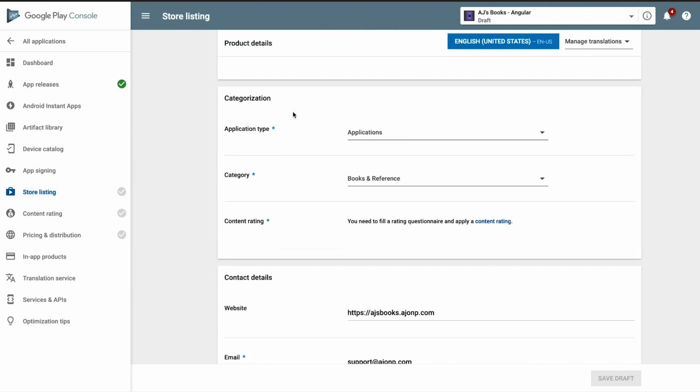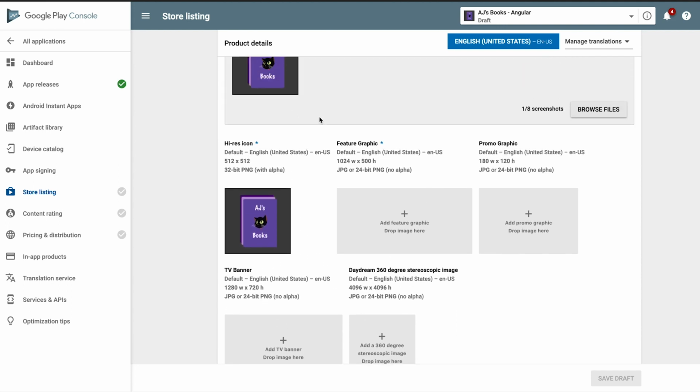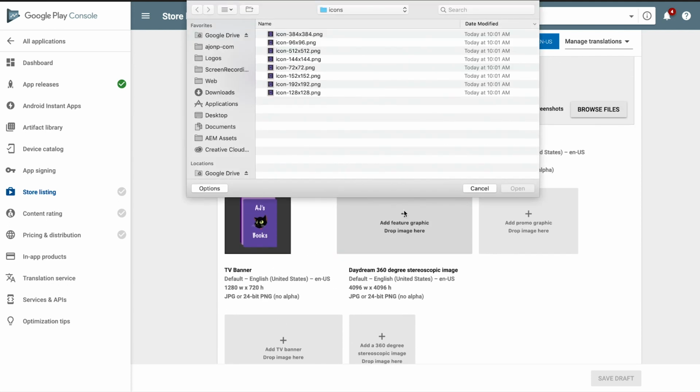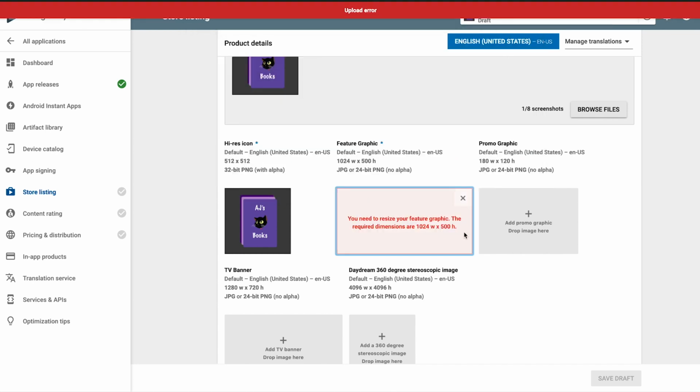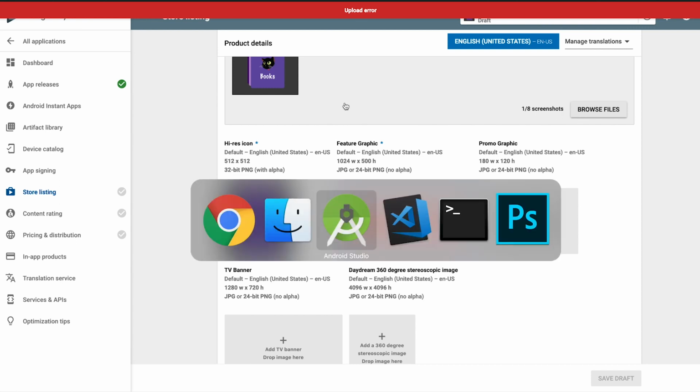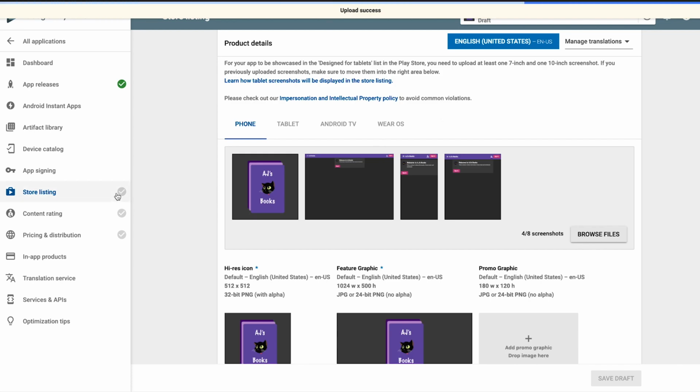But if you scroll up to the image section, you'll see here that we need to add 2 more image types for that check mark to be listed. Now, Google has determined that you need very specific types on these, so pay attention closely to the width and height that you need for each of the images. And then once that's set, you should be able to save and get the green check mark beside the store